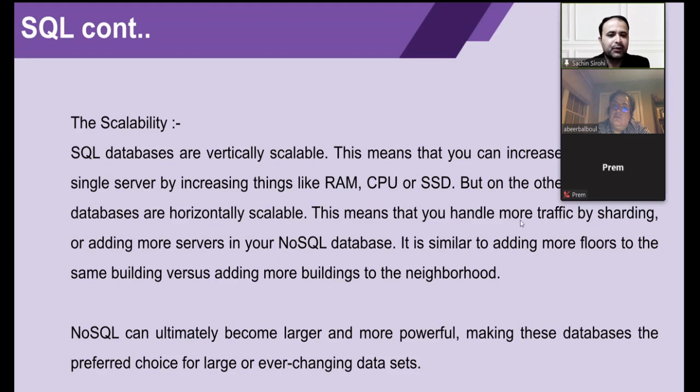This means that you handle more traffic by sharding, adding more servers, because millions of users are generating data from other applications, and the backend stores it. Vertical scaling is similar to adding more floors to the same building, versus adding more buildings to the neighborhood, as NoSQL does. So NoSQL can ultimately become larger and more powerful, making this database the preferred choice for larger and